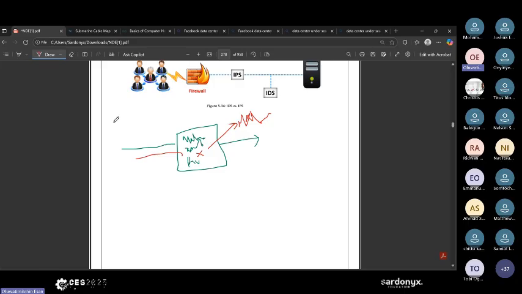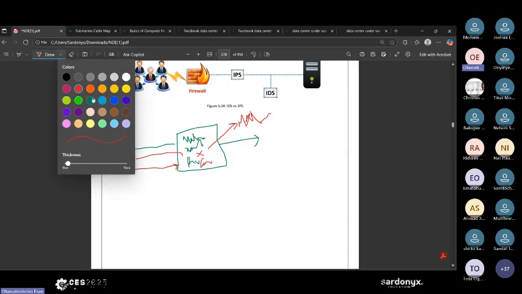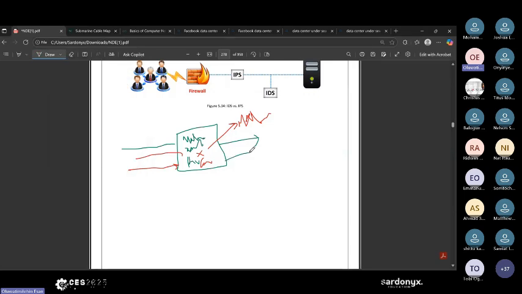But the problem of this one is that if it's not updated, let's say coronavirus is coming in now, someone that has corona is coming in, and it doesn't have corona in its database, it will allow that person in like normal traffic because it does not have it in its database. So that person with corona will have access to the network. That's the problem of signature detection. So that means signature detection must always update that database to be able to capture the latest malwares.